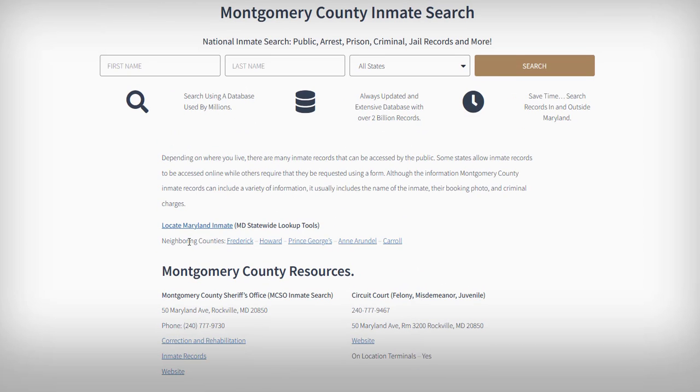If you scroll to the top, you'll see neighboring counties. So people do drive from county to county, city to city. Sometimes it's a good idea to check the county next door, because you never know, that's where the record might be. Another option is the statewide tool, and if you click over to locate Maryland inmate, it's going to take you